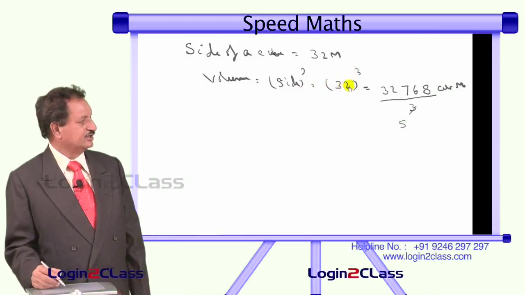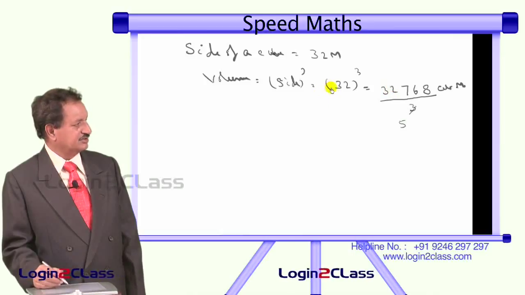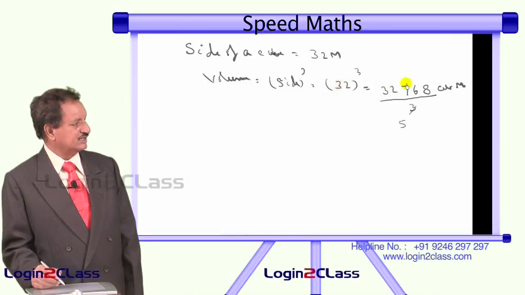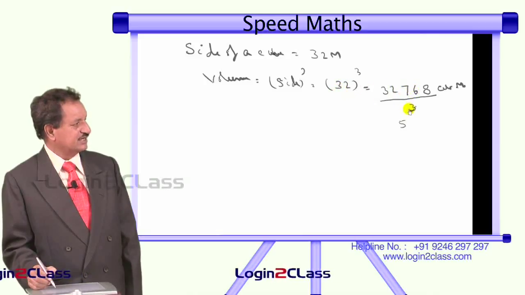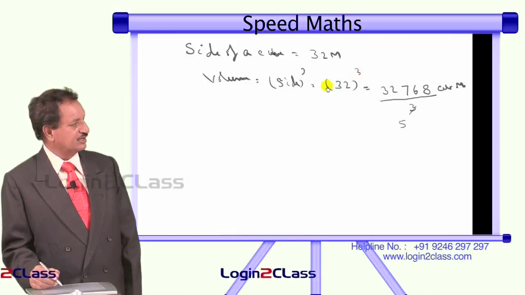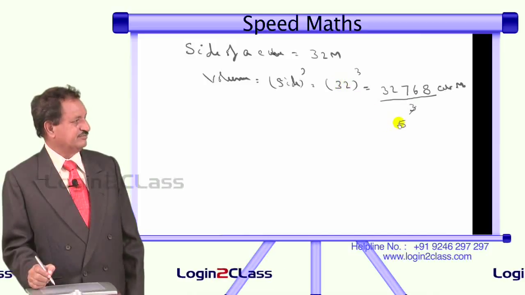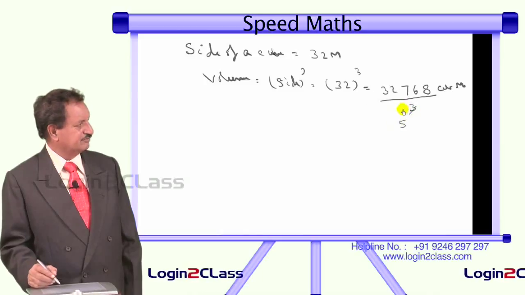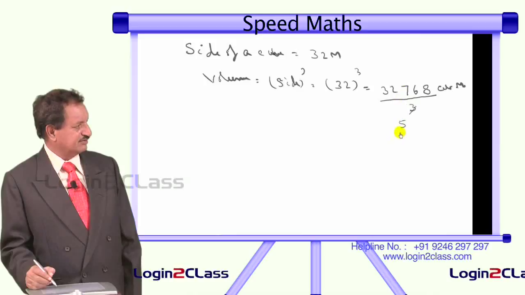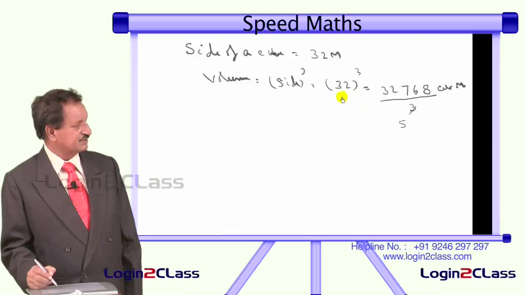Okay, I will tell you again. 32 cube you have to find. 2 cube is 8. Next step is 3ab square. 3a, 3 3 is 9, b square is 4, 9 4 36, 6 here 3, because we are multiplying 2 digits, you have to take only one digit. 6 here 3 outside. Next 3a square b, 3a square is 9, 9 into 3 27, 27 into 2 54, 54 plus 3 57, 7 here 5 outside. Again a cube is 3 cube is 27, 27 plus 5 32.